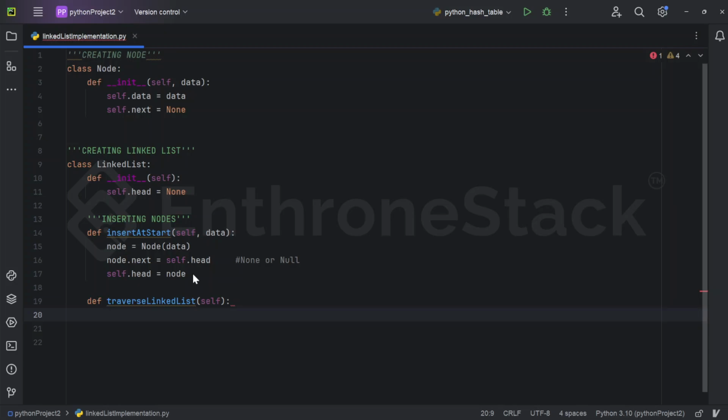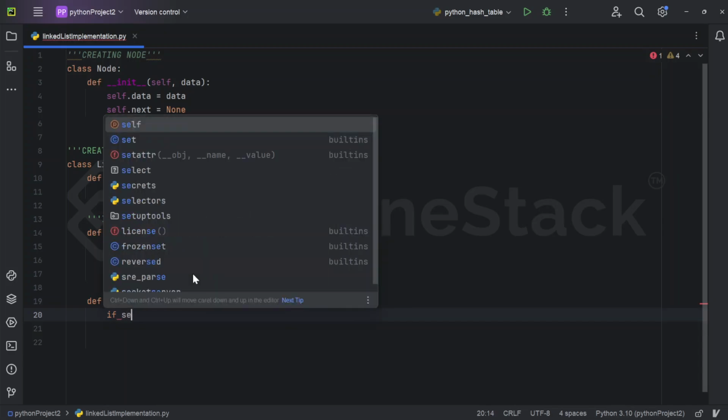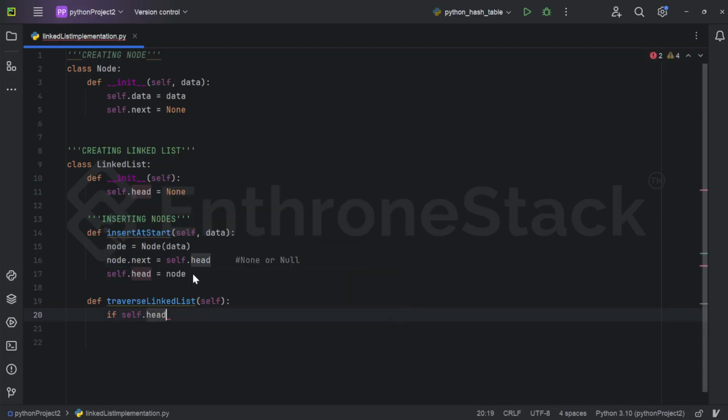So let's make a condition. If self.head is none, meaning if our linked list is empty, then print